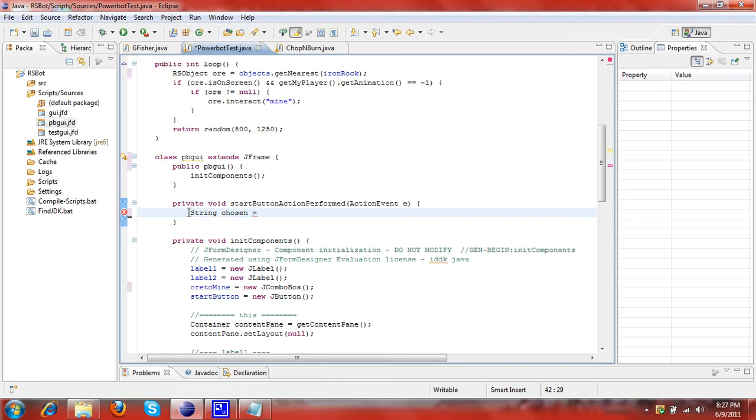And then name that combo box, we named it ore to mine. Well, you want to go ore to mine dot